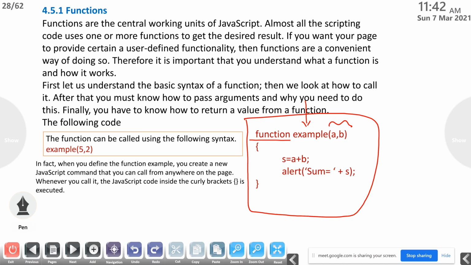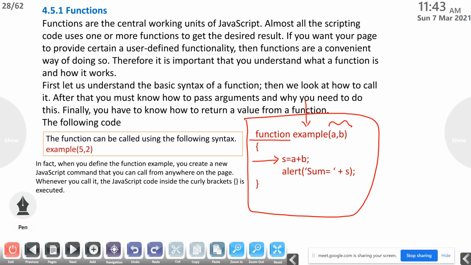Here we used two arguments, a and b. Then inside the function, another variable we used, that is s = a + b. Then an alert message will be printed, alert sum equal to, then the value of s. It will pass the value of s to the alert screen.